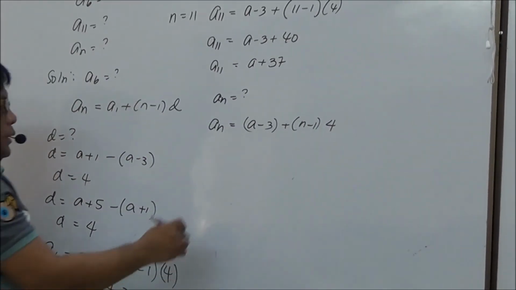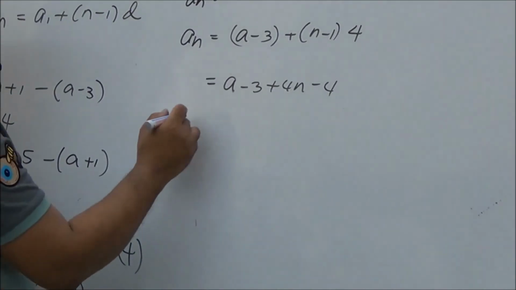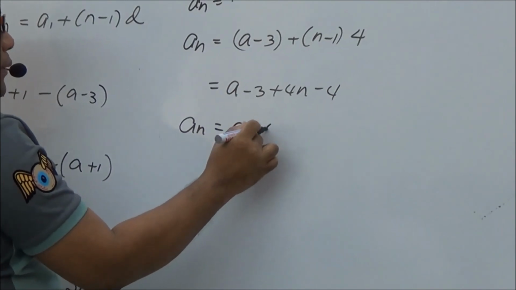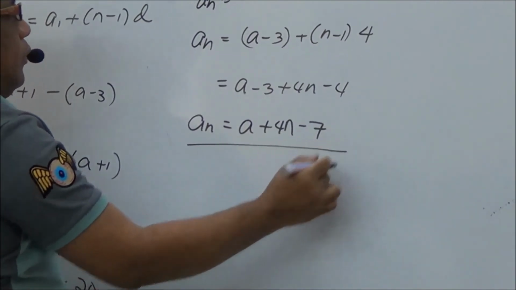Okay? So where we have this now as, a sub n now equals a plus 4n minus 7. Okay? So this is the formula for